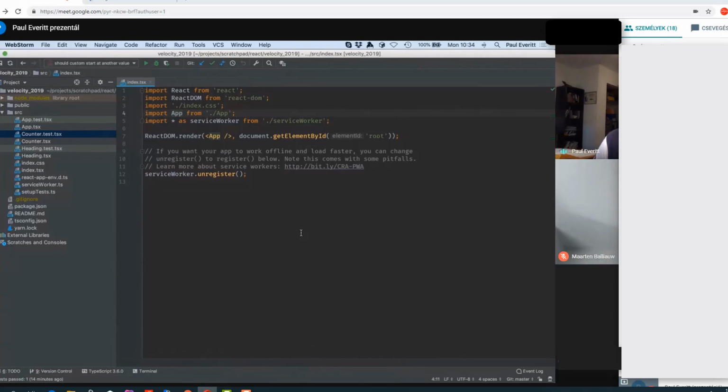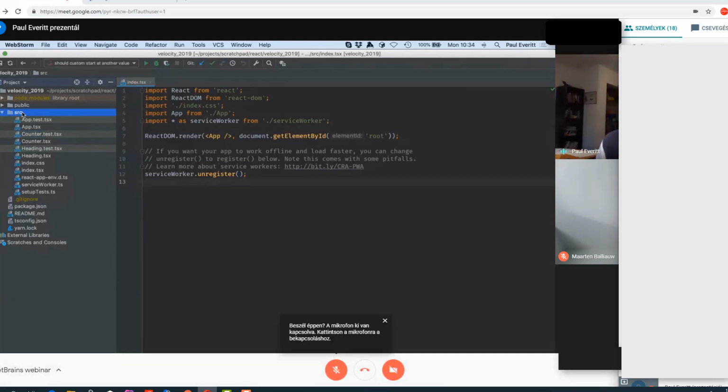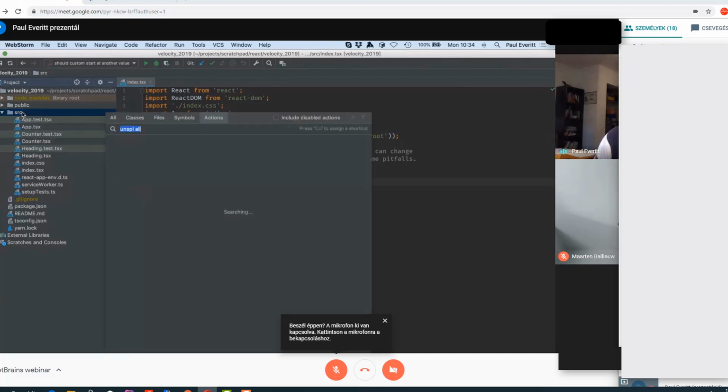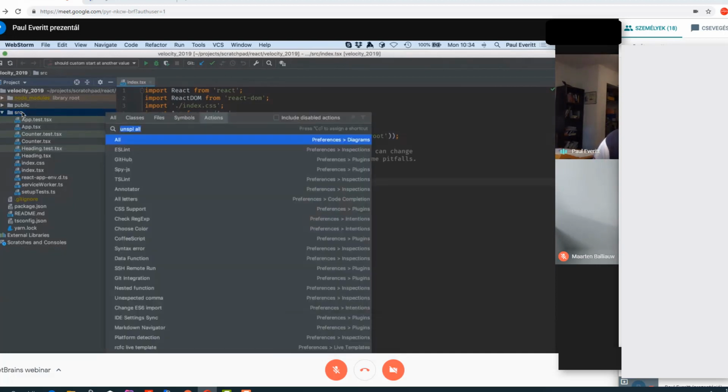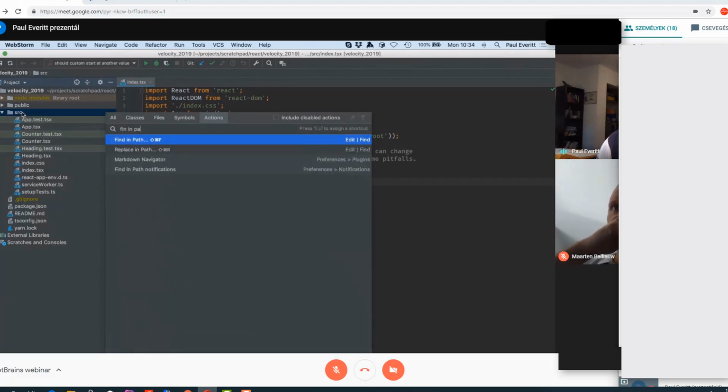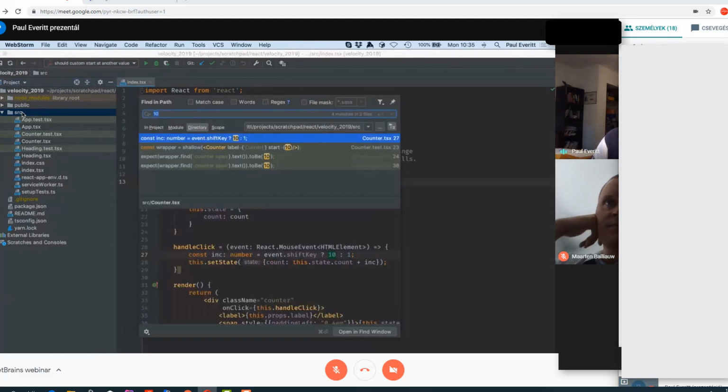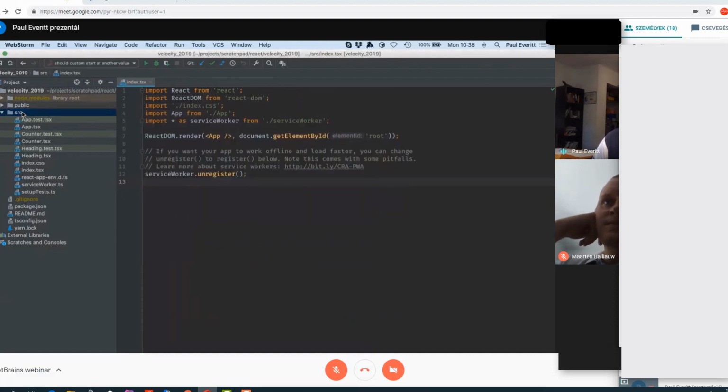Maarten says search, search. For me, it is find action. I am a man of a certain age. I can't remember yesterday, much less 527 keystroke combinations. Instead, I know one. For example, perhaps I want to find a string in the path. I can't remember find in path, but I can remember find action. Command-Shift-A on the Mac, and I can say find in path. And there it is, and it even tells me what the shortcut is if I want to bother with remembering it. So find action, the one ring to rule them all.